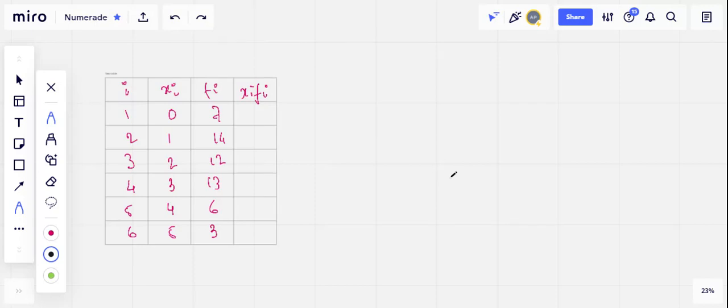Hi, here a table has been given which represents a summary of a sample of size 55 from a Poisson distribution. Let us denote X follows Poisson distribution with parameter lambda. Now here each xi is given and for that frequency fi is given. So first question is we have to find